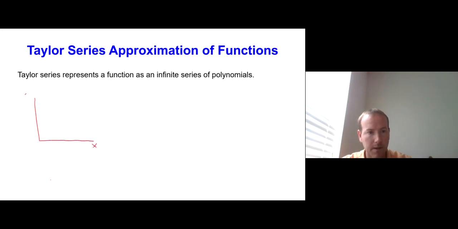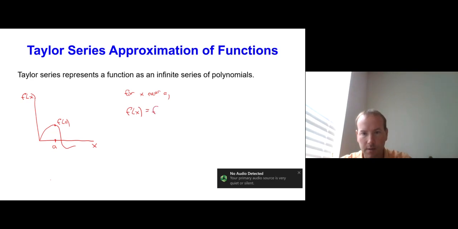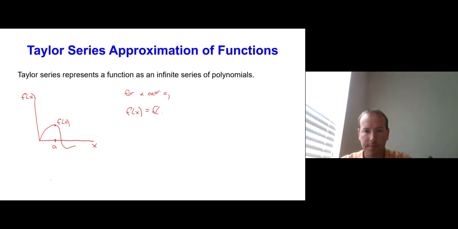So let's start this by making a graph of a kind of arbitrary function, and say it has a value f of a at this point. Then we can say for x near a, then f of x equals f of a